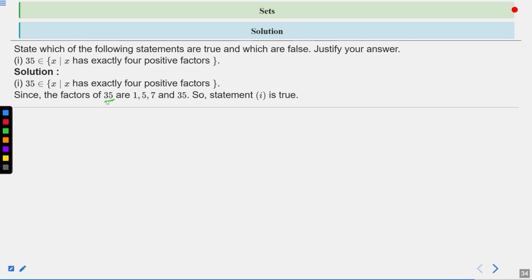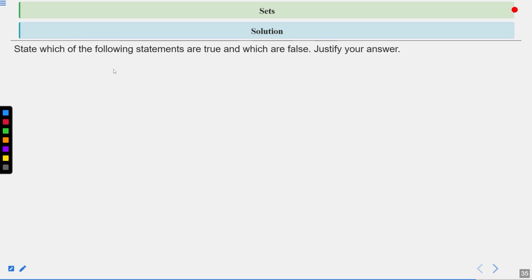So positive factors for 35 are 1, 5, 7 and 35 itself. If you try to see, 35 having exactly 4 positive factors, meaning this element must belong to the given set. So first statement is true. I hope this is clear. Moving on to next